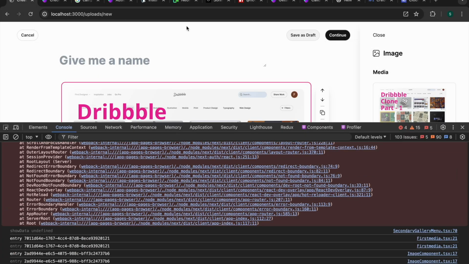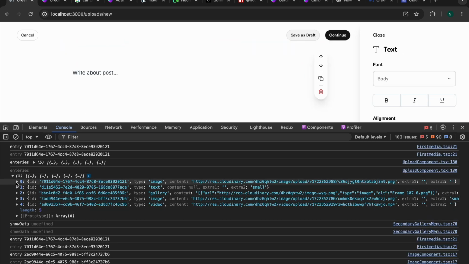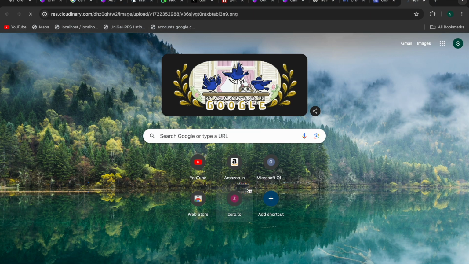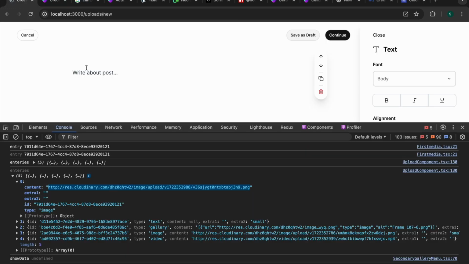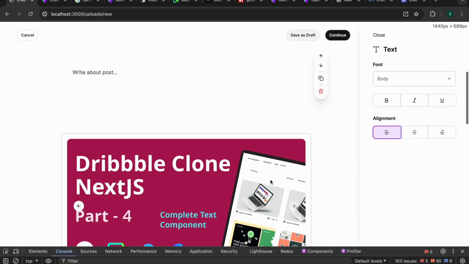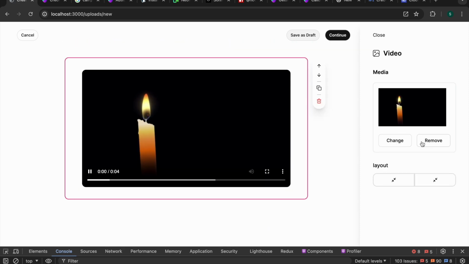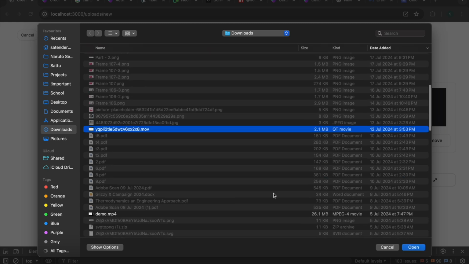And now let's click on the text component so that we can get our entries here. So the first one is the image, and this is the new URL. Let me copy this, and as you can see, this is the image that I just uploaded. So this is also working. Now we can check for videos as well. So I'm going to click on this. I'm going to change the video from this to this, maybe this one,